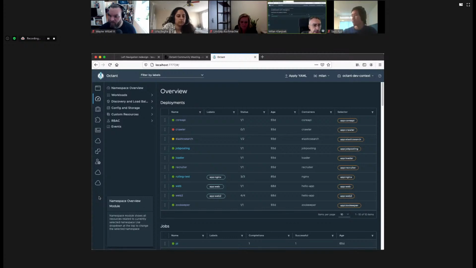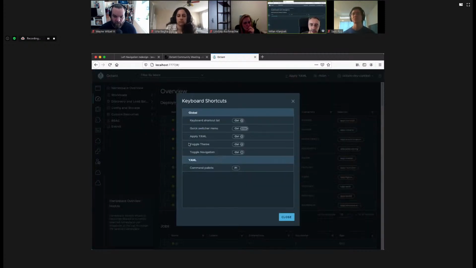So the two things you will notice right away are that at the very top there is no more collapse expand button, and also at the bottom we removed the theme switch button, and they are not available right now by default. Eventually we will put those in preferences, but right now you can access them using the keyboard shortcuts. There's a couple shortcuts I created. So if I do toggle navigation,